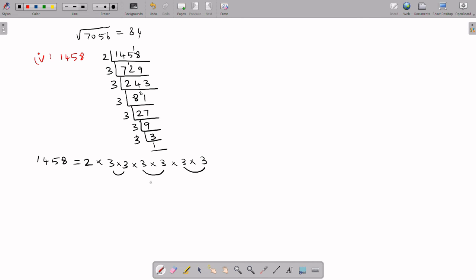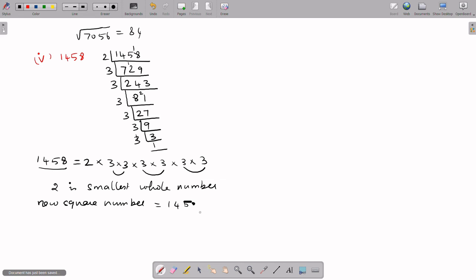Okay, so here 2 doesn't have a pair. So you have to write 2, the smallest whole number. When you multiply the given problem by 2, it will become a perfect square. So the new square number is equal to 1458 multiplied